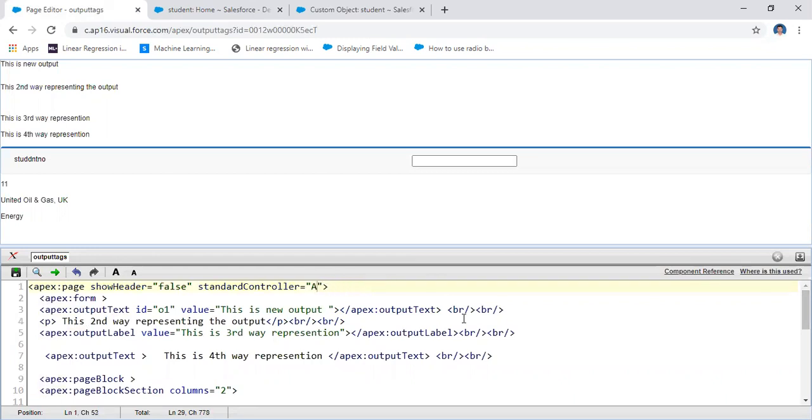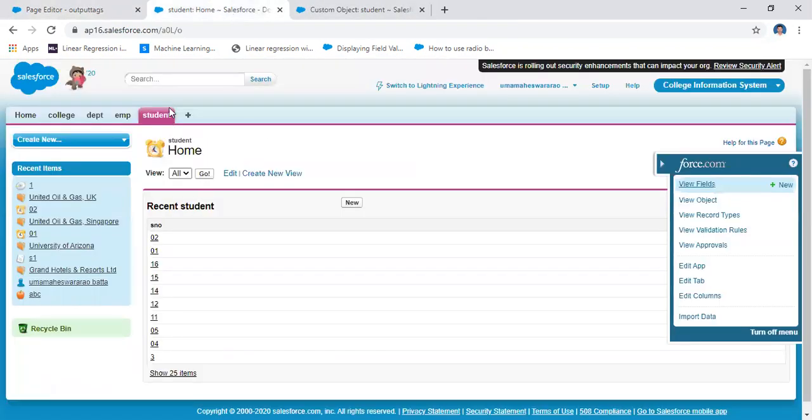What is the standard controller here? The standard controller here is student underscore c. That means I'm getting data from the custom object. The custom object as well as the standard objects come under the standard controllers. If it is a class, it comes under the ordinary controller.